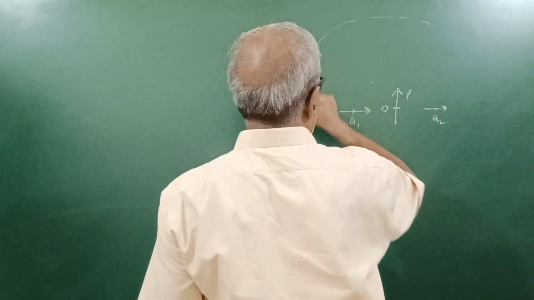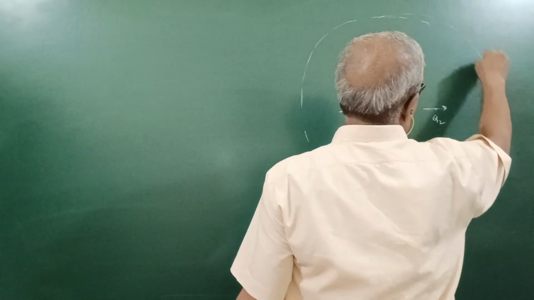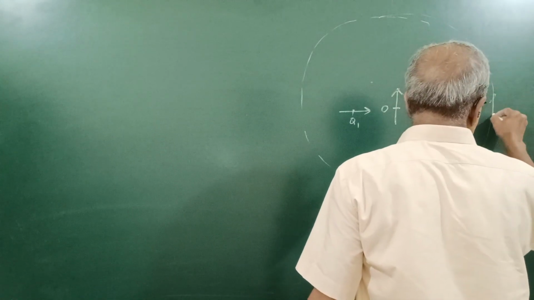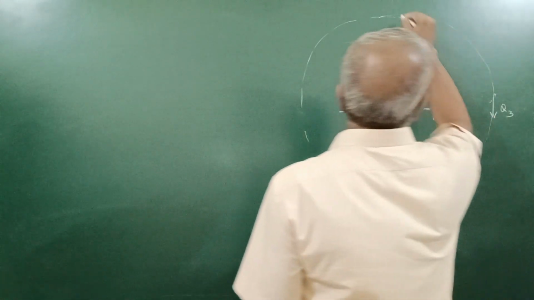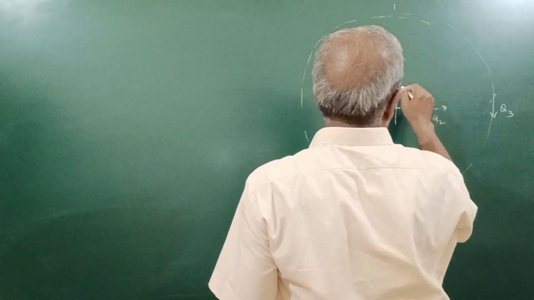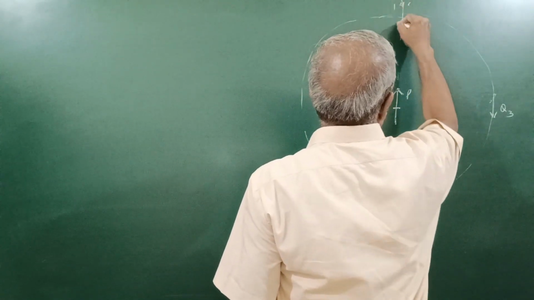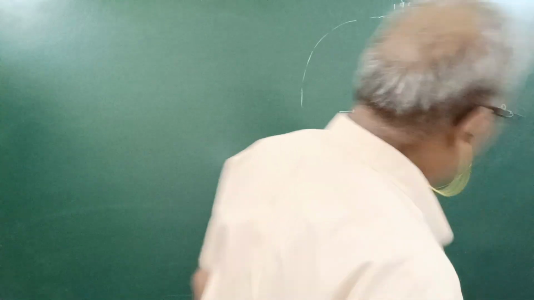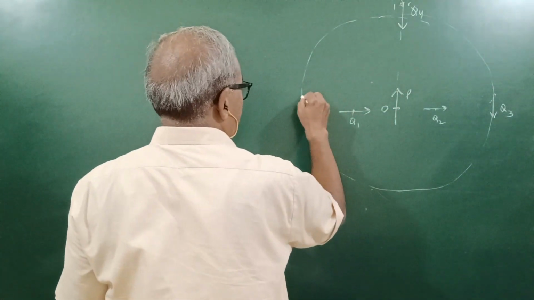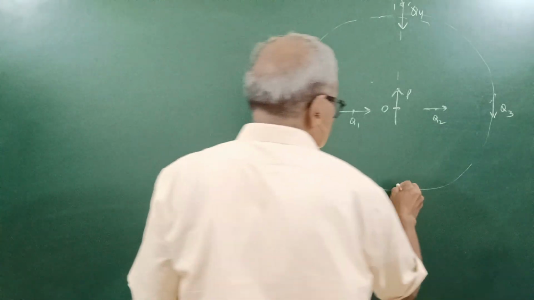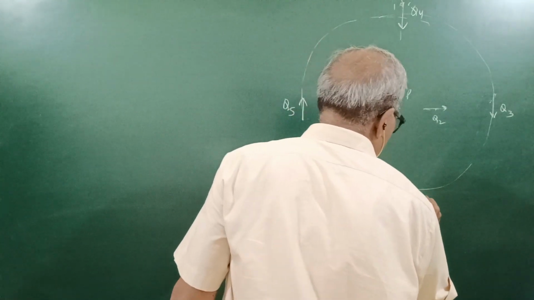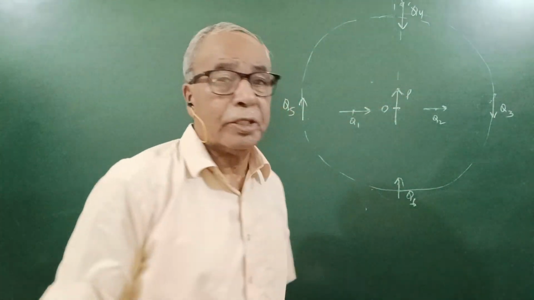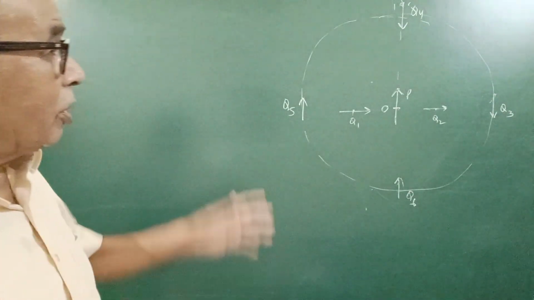If I take a circle here, centered at O, I can take it like this. So here is another position of Q magnet, Q3. Here it is Q4, exactly opposite to this. Then Q5, which is on the right bisector, and then Q6. These Q1, Q2, Q3, Q4, Q5, Q6 are the positions of another magnet Q